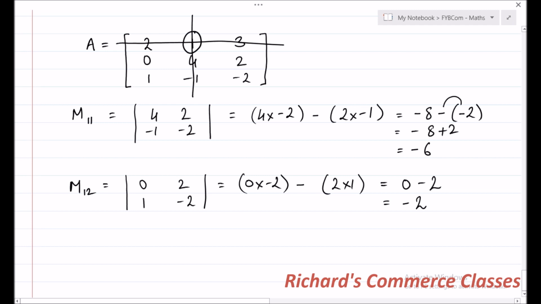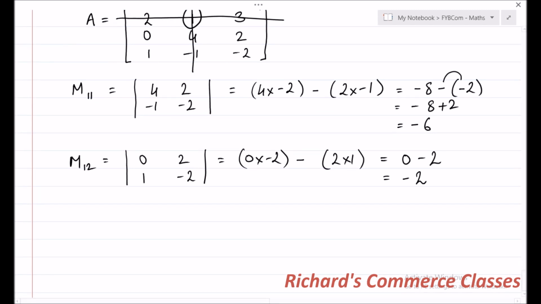Now if you want, since you have already studied how to calculate minors, you can pause the video here and complete calculating the minors right up to M33. I will now calculate a little faster. M13 is equal to